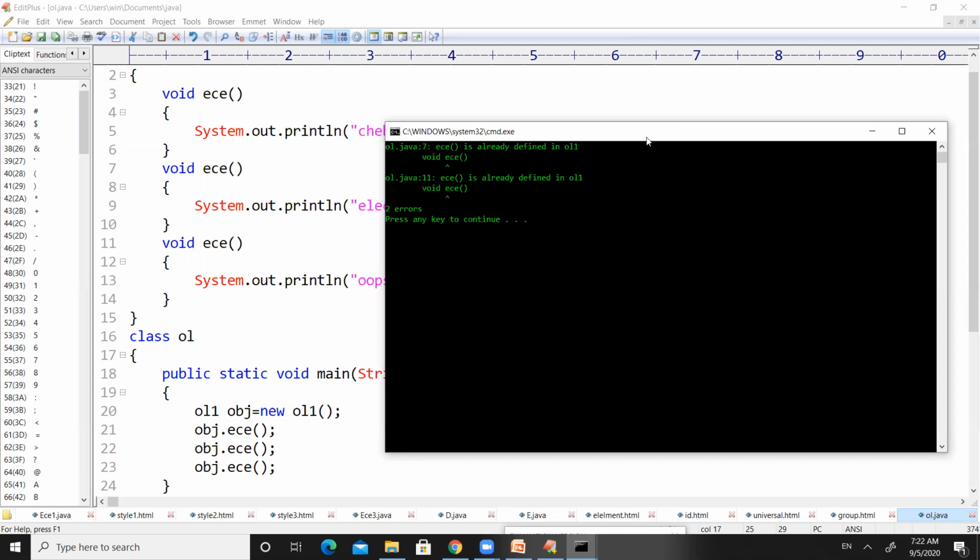JVM is confused whether to print computer science and engineering, electronics and communication engineering, or OOPS through Java on the screen, because all three methods have the same name, the same parameters, and the same return type. JVM is unable to understand which method to execute. Ambiguity means it is confused whether to execute one thing or another. It is completely ambiguous.